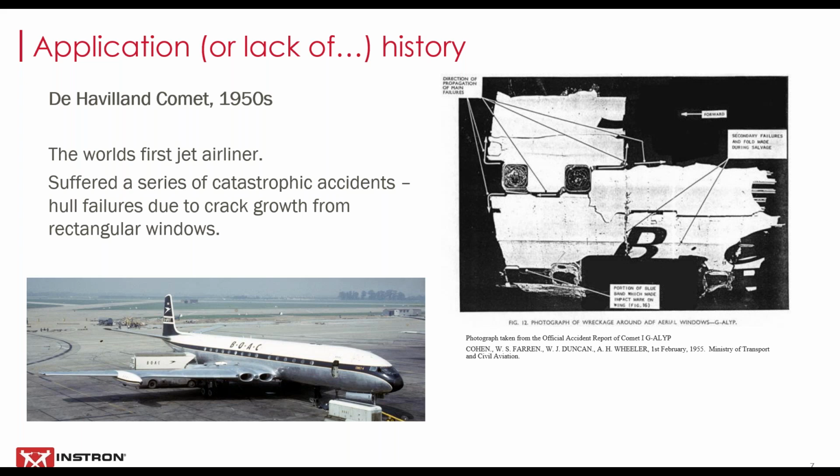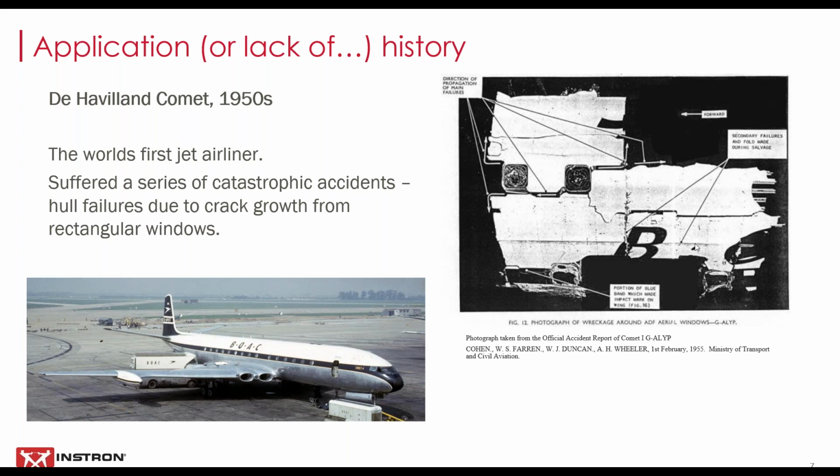But they started, and then within a couple of years, there were a series of catastrophic accidents. Now, 2 of these hull failures were in flight, which is quite horrendous, obviously. And there were several more during takeoff and landing. And what you can see here is that failure investigation, again, that right-hand picture, you see the cracks starting from the corners of these square or rectangular windows. So there's a theme starting here about